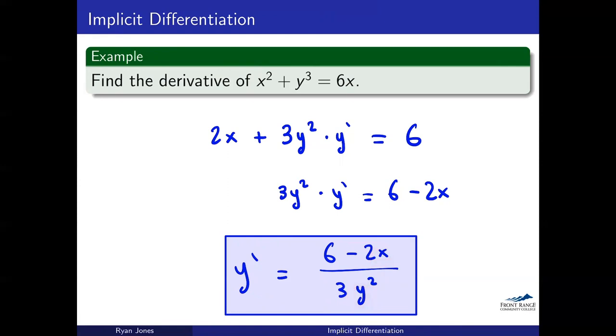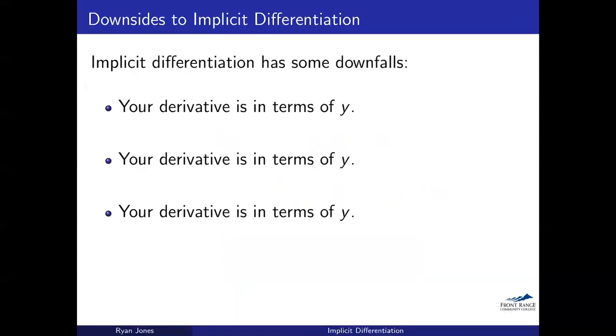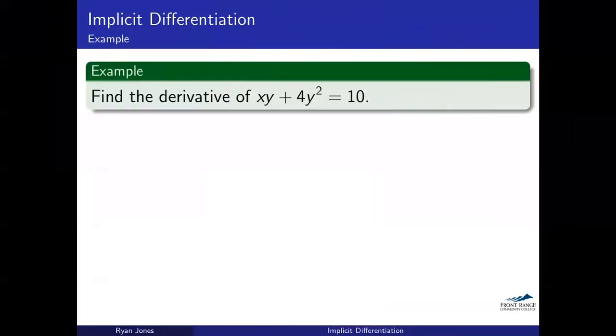So that's the downfalls to implicit differentiation, just that your derivative is in terms of y. Let's go ahead and do another example here. xy plus 4y squared is equal to 10. Now, if I look at this, I could, like I said before, start by trying to solve this for y, and I'm going to just rewrite this a little bit. And I look at this and I'm like, hey, there's a y squared, there's a y, and there's a constant